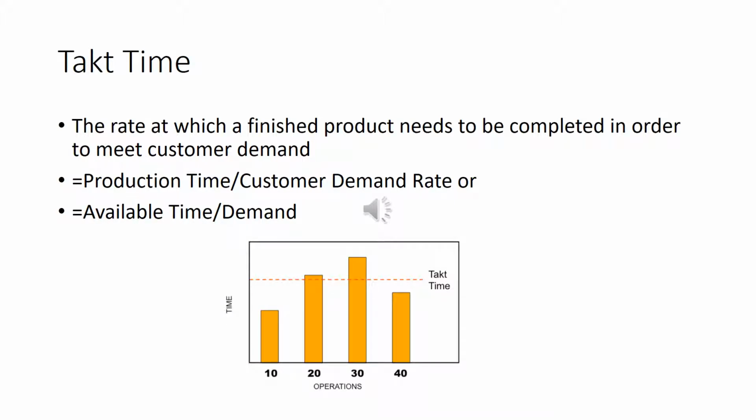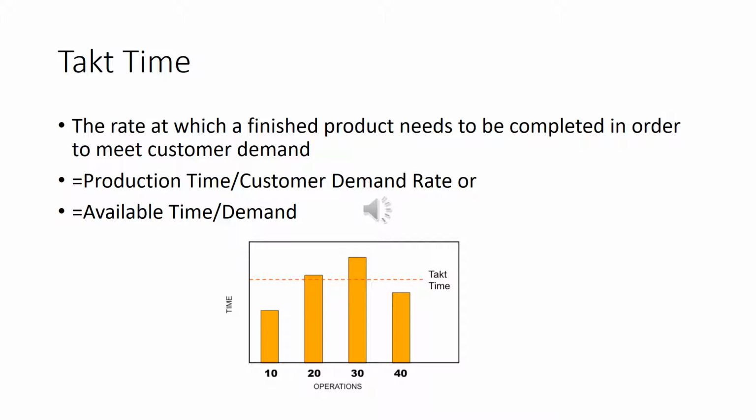One of the key things to lean is takt time. How fast you have to make something, right? So takt time is simply the rate at which a finished product needs to be completed to meet the customer demand. This was originally developed, I think, in Germany. Takt means that little stick that a conductor holds up, the baton. In the 1930s, the Germans did it. So when the Japanese took over, they didn't have a word for rhythm, so they used the German word takt. So this actually came to us via Japan.